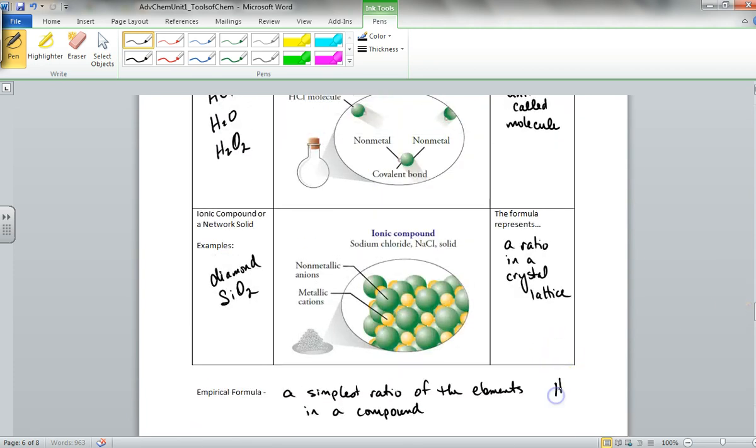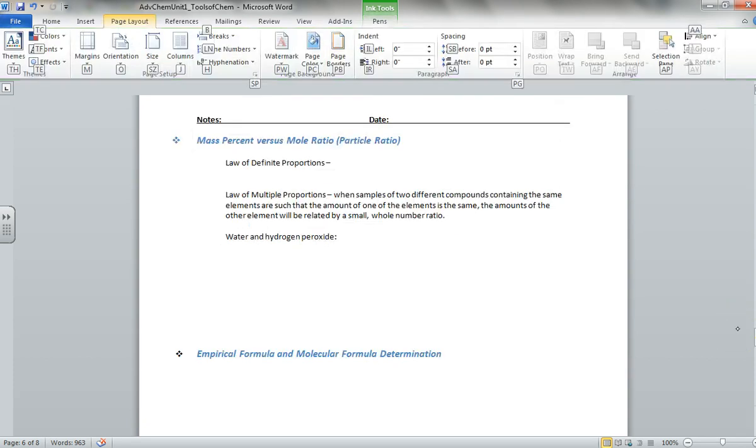For a molecular substance, we can simplify this down to a 1:1 ratio. But in the case of an ionic compound, since we're already reflecting the ratio in the crystal lattice, the empirical formula is already expressed by the molecular formula. It is the composition of the compound, and it's also how the particles are arranged that determine the properties